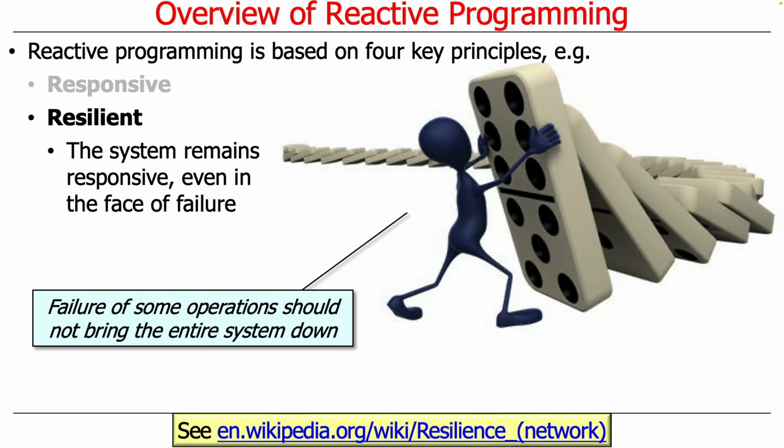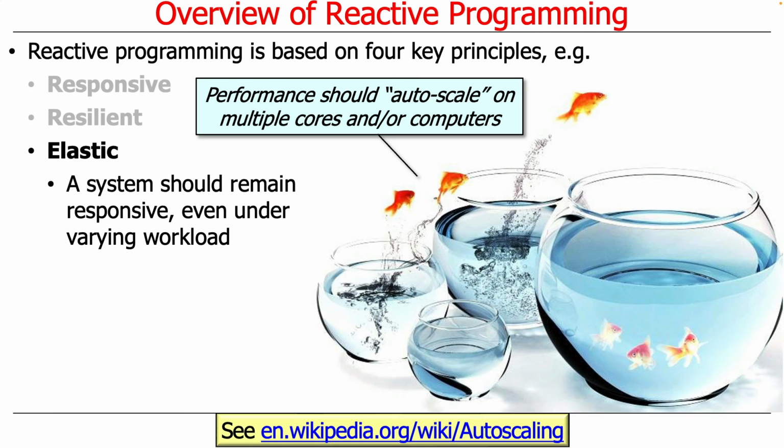You also want your system to be resilient, which means that if something fails, the whole system keeps running and you just find a way to capture the problem and encapsulate the problem and rectify and remedy the problem and so on, so that the failure of some things won't bring the whole thing crashing down. And that, of course, is typically done through exception handling mechanisms. You'd also like the system to be elastic, meaning that it should be responsive even as load grows. And we want to be able to support auto-scaling, which means as the load grows, we just allocate more cores or more processors somehow to make things grow.